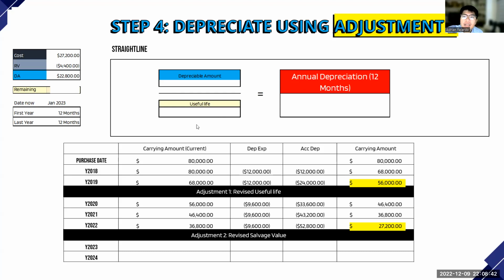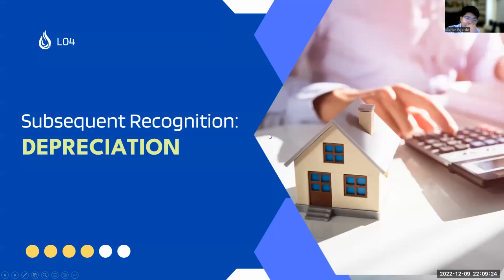Right? So since 2 years na lang natira, we can now compute for your annual depreciation for the last chunk: 22,800 divided by 2, 11,400. So 11,400 two times gives us 4,400. That is the salvage value. And then ito 75,600, hindi na siya nag-equal sa depreciable amount because this one, depreciable amount, refers to the 2 years na lang, when in fact this ACDEP refers naman to the whole depreciable amount for the 7 years, right? So that ends depreciation.